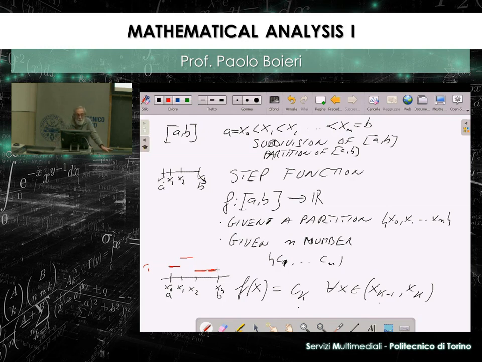And a question immediately arises: at the point x1, for instance, this definition doesn't say what the value at x1 is. I can choose what I want at this point, and we will see that this is not important. In the open intervals the function is a constant; at the points, you can choose the value you want. That's fine? Okay, for a function of this type,